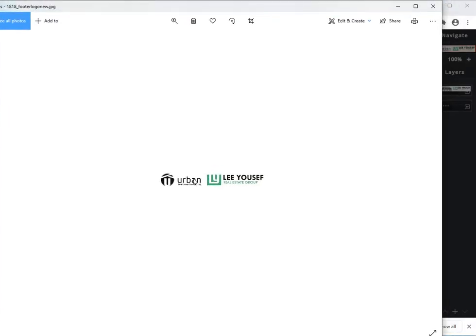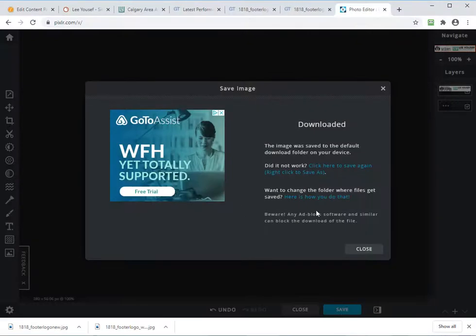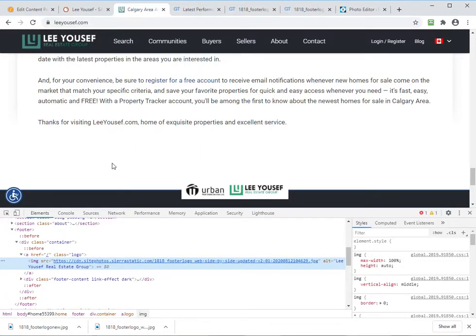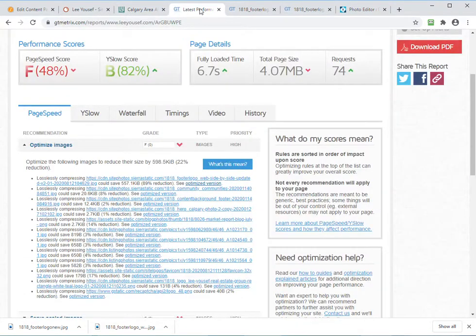So then what you do is you take this image and then you email support at Sierra, and then you tell them, hey, on the home page, can you replace this image with the one that you have? This will fix the first item in this list. So then the next item that I would do is I would do this